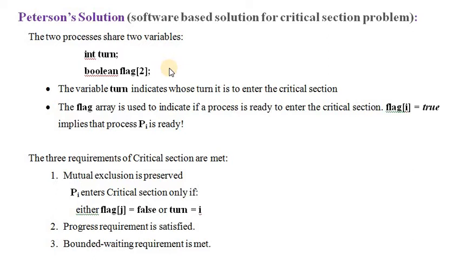When the flag bit is 1, what will happen? Let us see. First, the turn variable indicates which process is going to enter into the critical section, and the flag array is going to be used with either true or false. So we can use either 0 or 1, or true or false, right?